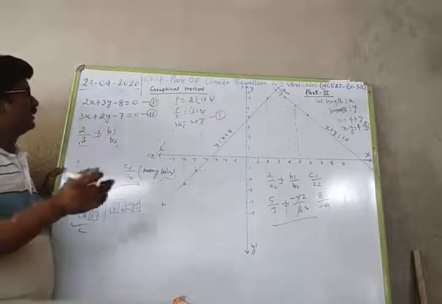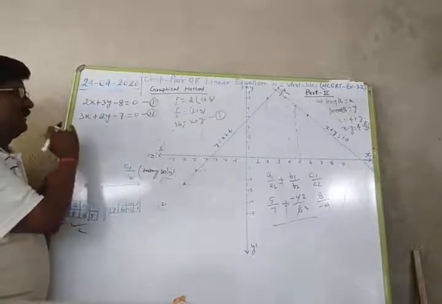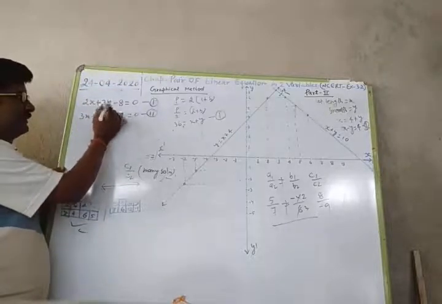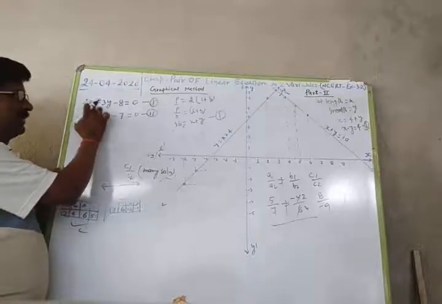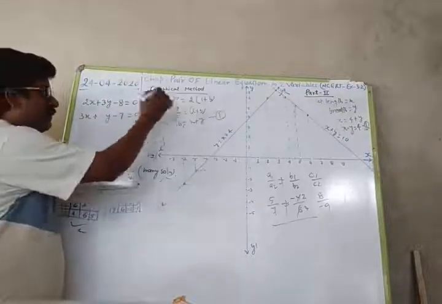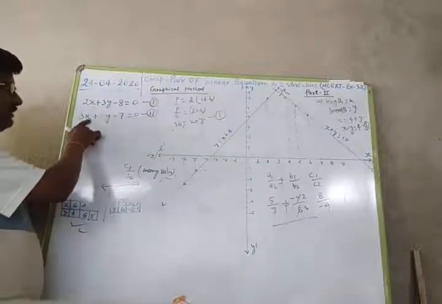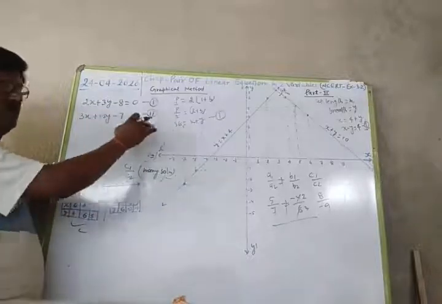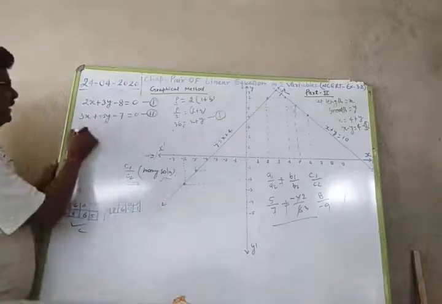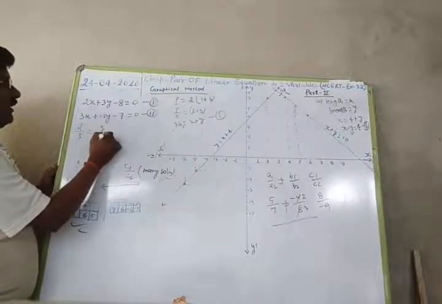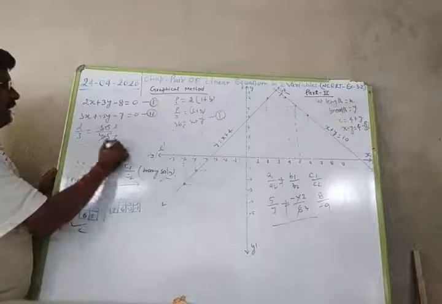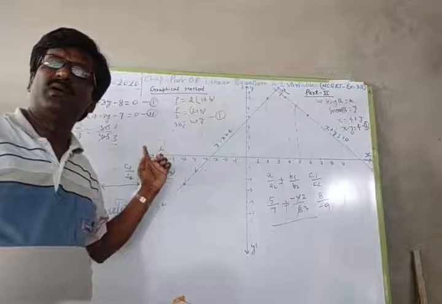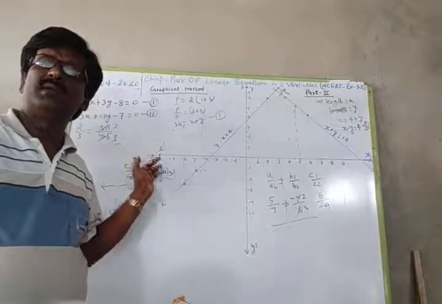then it means this system of equations has a unique solution. Okay. Suppose for no solution, we can write, if I write here, the first equation given, 2x plus 3y minus 8 is equal to 0, and this is 3x plus 4.5y minus 7 is equal to 0. Then 2 by 3 is equal to 3 by 4.5, that will also be 2 by 3. So it can be understood that a1 by a2 is equal to b1 by b2. Therefore, it has no solution, and this system will give you parallel lines.